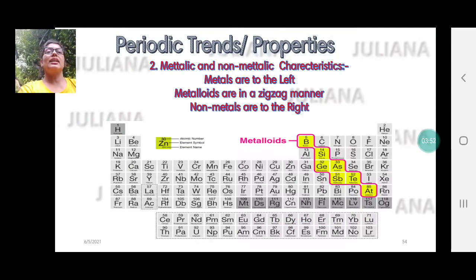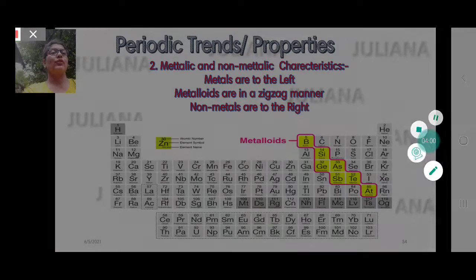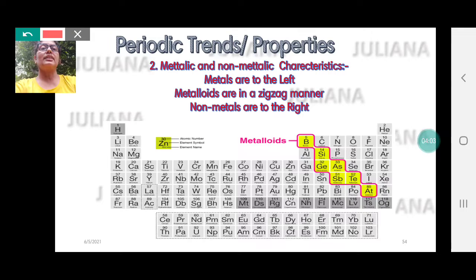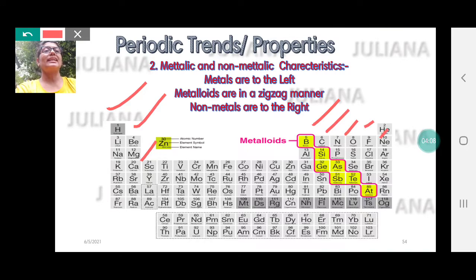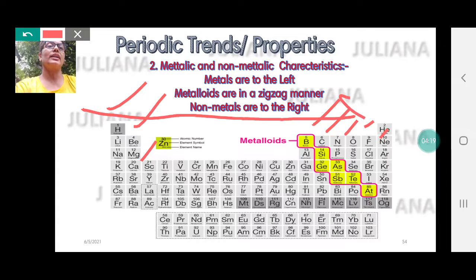Now we come to the next periodic trend, the third periodic trend, that is metallic and non-metallic characters. Now what do you notice from left to right? Here you find these are elements which donate electrons easily. These are the elements which accept electrons easily. Right? That means these are metallic. So from left to right, the metallic character keeps on decreasing. Because these are mostly metals, and here the metallic character is decreasing as they become more and more electron gainers as you go to the right.